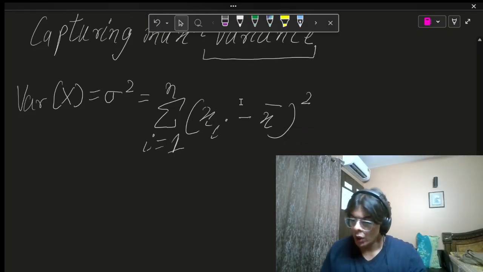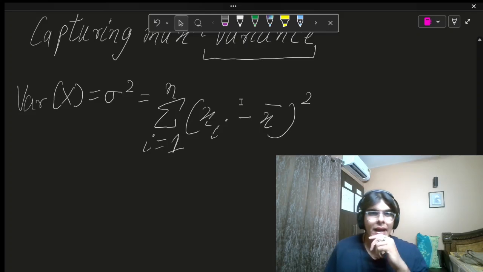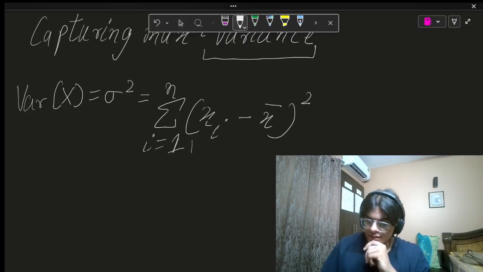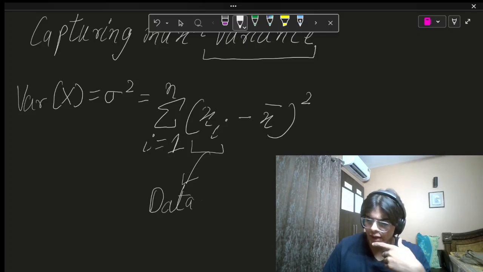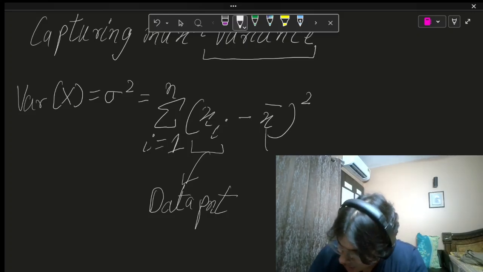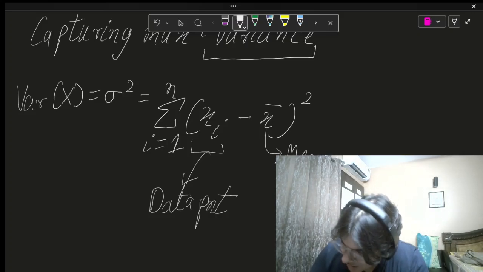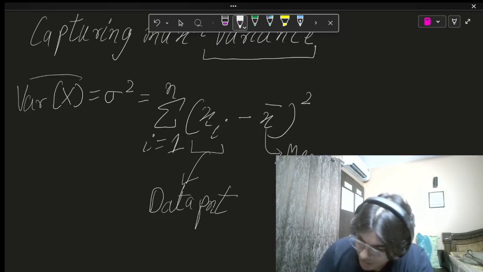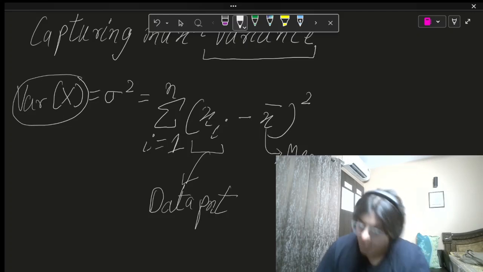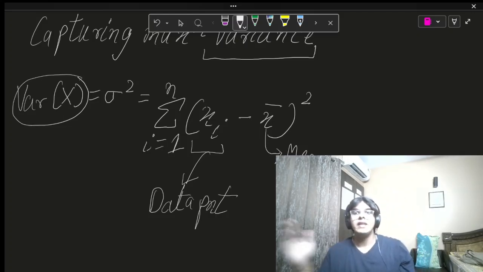Now look at the value inside the bracket very carefully. What is xi? Xi is nothing but a data point. It can be any point, any value, right? And what is x bar right here? X bar is nothing but the mean, right? So what is variance basically measuring? When I say variance, what do I mean? I mean, how much is the data varying from